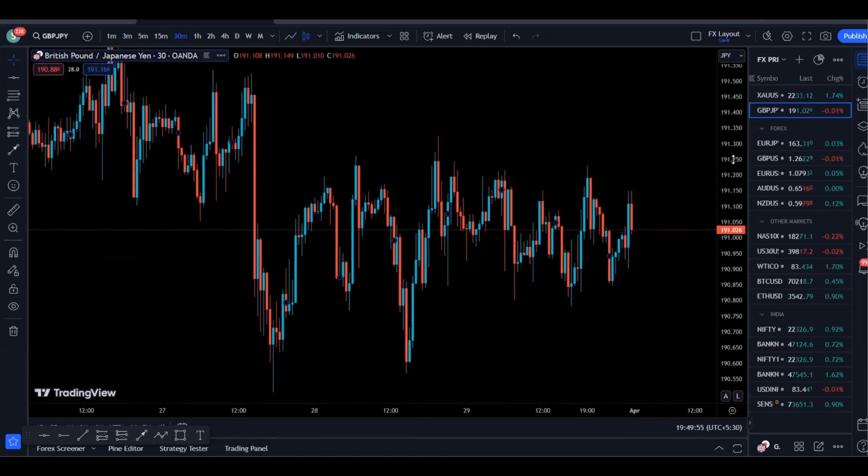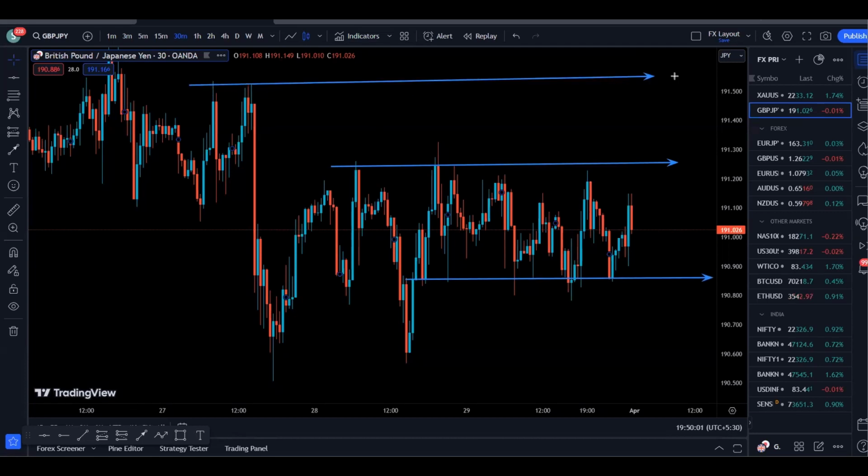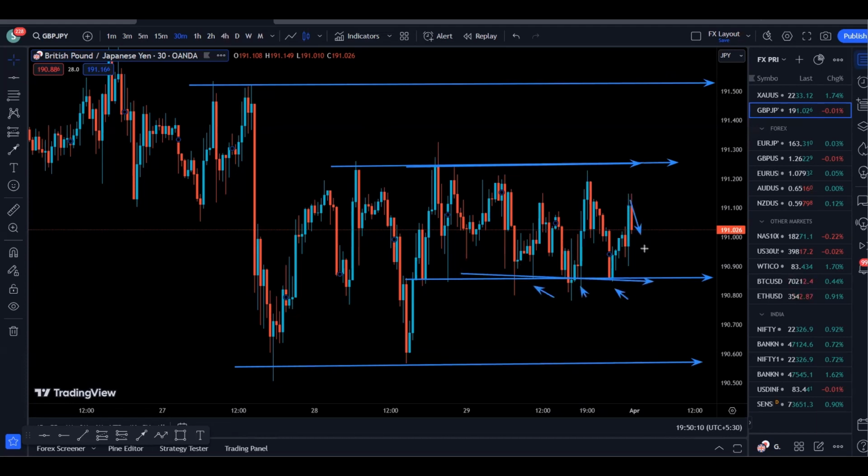On the 30-minute, we can see that the price is kind of ranging at the moment. We have this resistance and we have this support. The next resistance is right here and the next support is right here. Price is ranging between this resistance and this support, and this one is going to be a buying zone. So if the price comes down again to this area and we find some buying signal, we can look to take buys, and we can look for sells in this area, as we could see that the price rejected